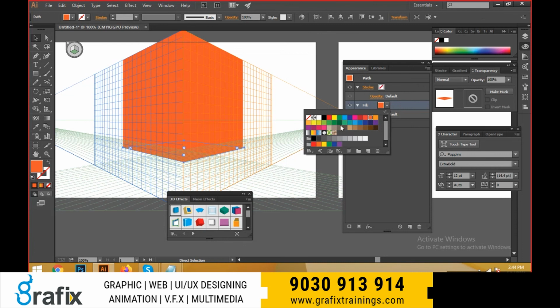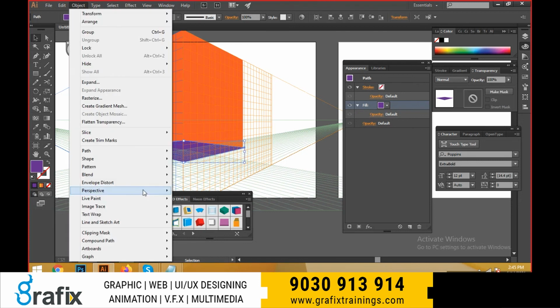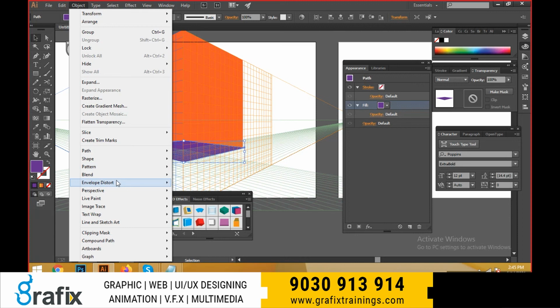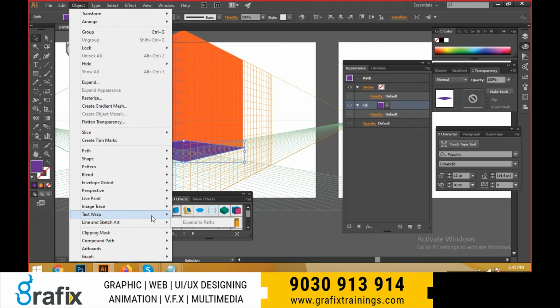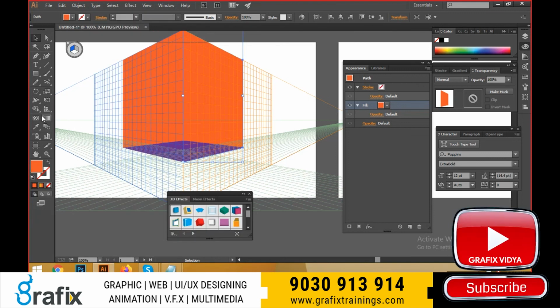Select this one. Based on the angle, you can design a shape. This is called perspective. And when you go for a perspective angle, this is a release with perspective. We can release the perspective, but we don't use that much of this perspective view in this particular session. And live paint also, I already selected.